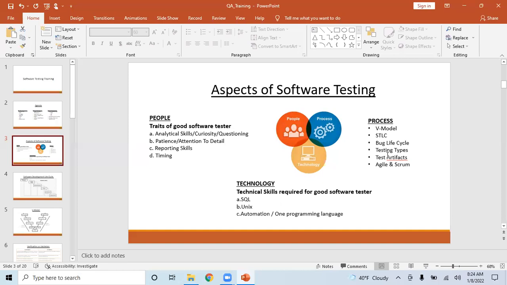So you need to know at least one automation tool like Selenium or Cypress or any tool. If you know one tool, any other tools are very similar, all automation tools are very similar to each other. If you are well versed in one tool, you can easily work on other tools.